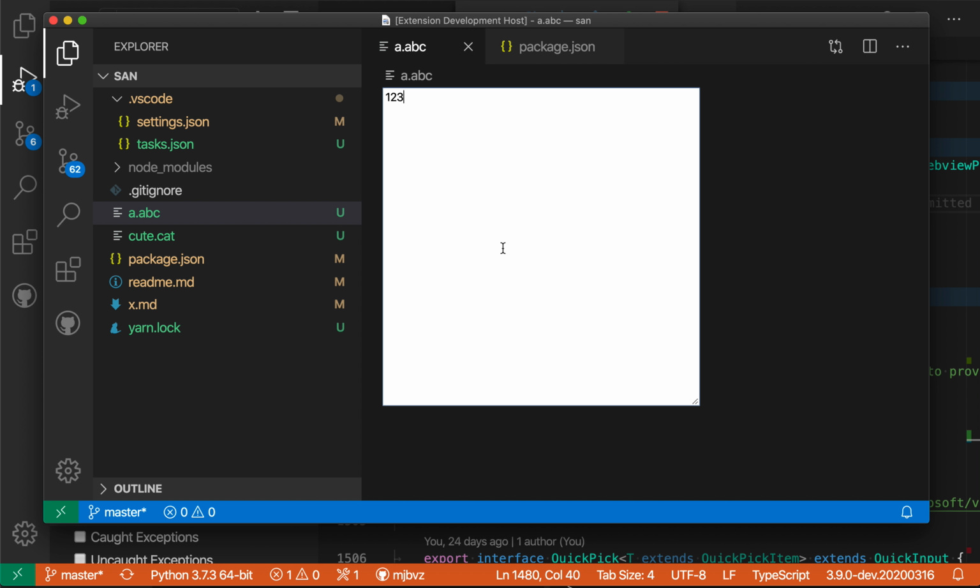And what is actually going on is that this is a custom editor that just implements a text area to let you edit the ABC file. So this is about the simplest possible text-based custom editor you can imagine, just using HTML with a text area to recreate a very simple editor. Now that's on its own not very fancy, but where custom editors are sort of neat is that they actually